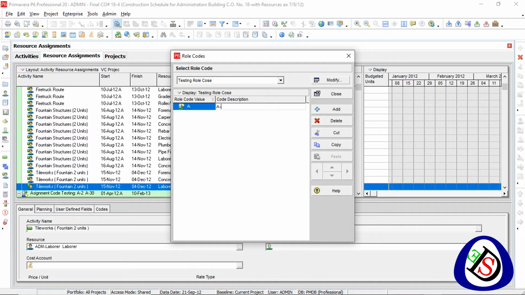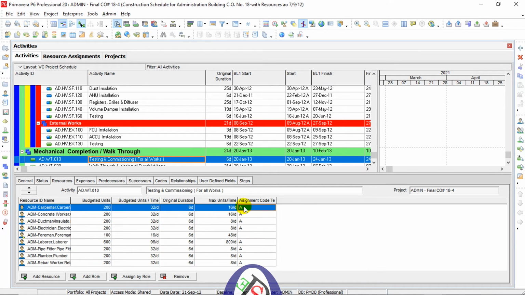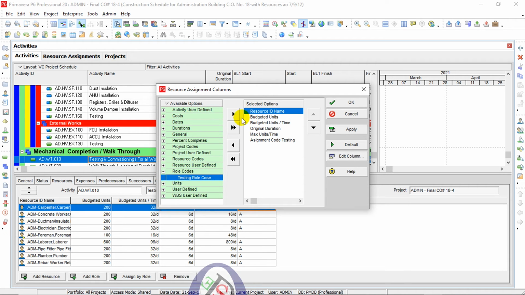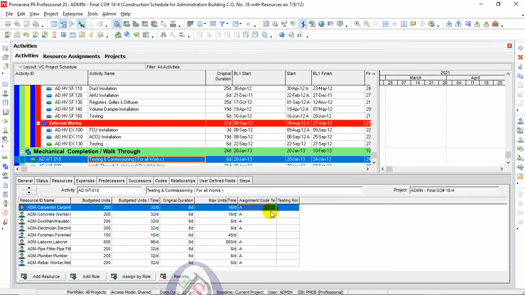You can go here, write one, close this one, and here also right click and customize. So role code, we can go to role code and test role code here. Also we can add here the role code. The same as you can use role codes: in a company we are using different types of people in different types of works, so you can use role codes.